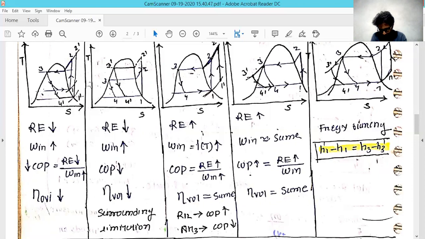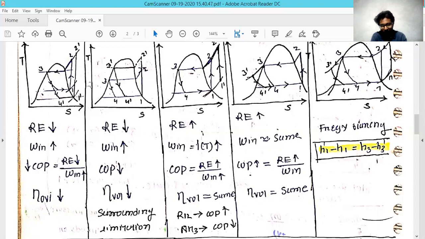And also there is a limitation for this increasing condenser pressure, because you are very well aware that we keep this condenser outside in the atmosphere. And you cannot change that temperature much, because it varies according to the atmosphere. You cannot provide any condition to it, and in this condition it might vary from summer to winter. So from that, it places the limitation to the surrounding temperature.